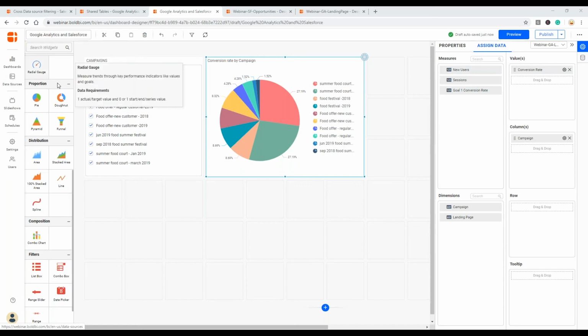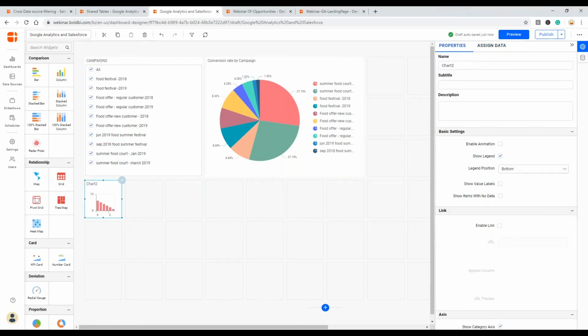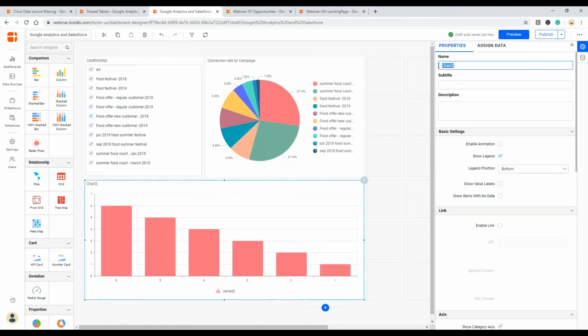And coming to the next, let me use a column chart to find out which campaign has produced more new users.